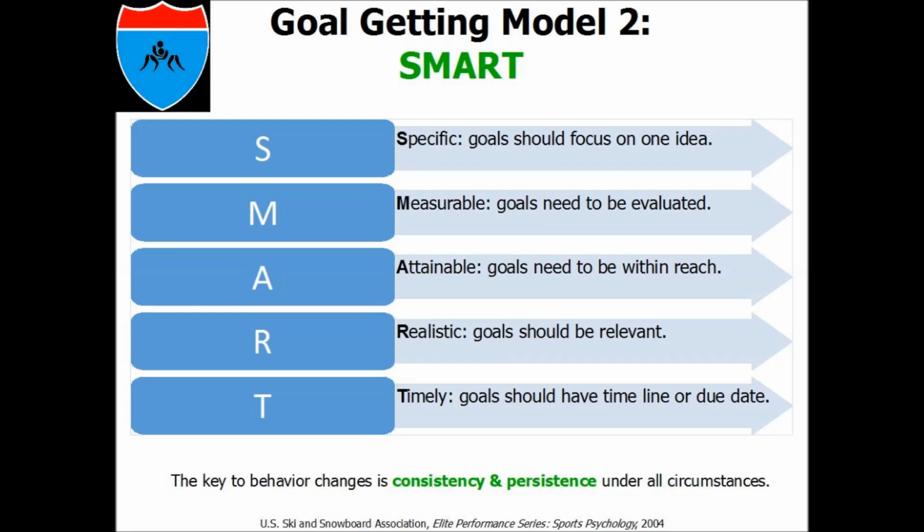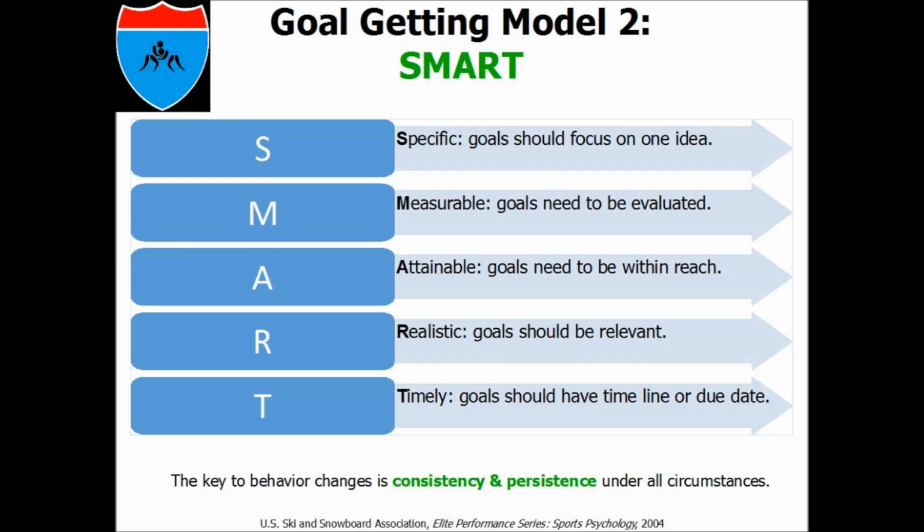Again, goal-getting model number 1 and goal-getting model number 2, they are acronyms to keep athletes focused on how they should be setting goals and how they should be going about their goals. Either one of these models is going to be really effective and helpful. Combining or blending both of these models will also enhance your ability to set and go get your goals. So the key to behavior changes is consistency and persistence